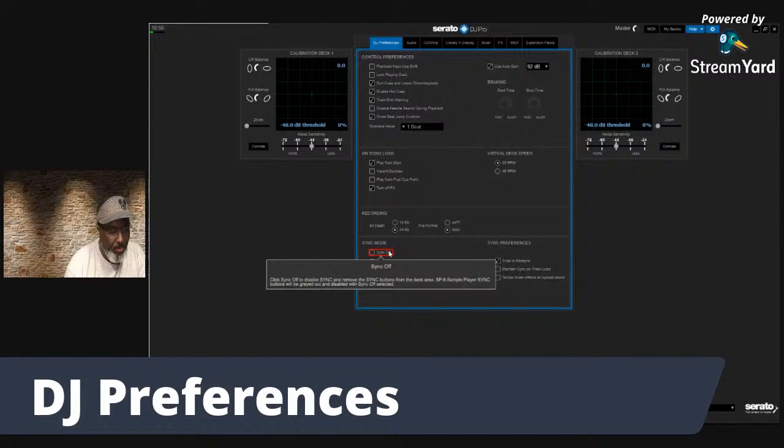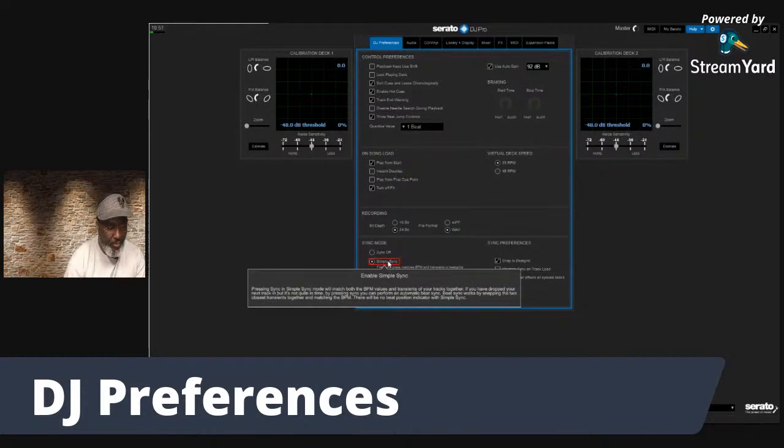The SP6 player sampler sync button will be grayed out and disabled. So when you have sync off, it is disabled everywhere. It's disabled on your control decks. It's disabled in the sampler player. Now, when you have simple sync, pressing sync in simple sync mode will match both BPM values and transients of